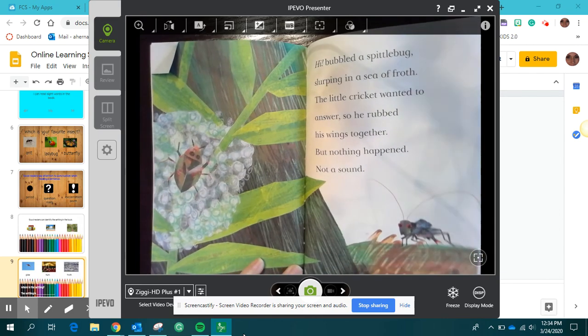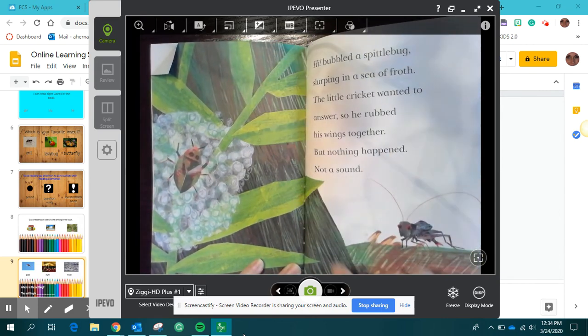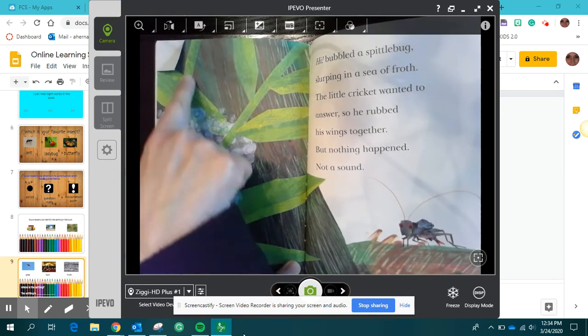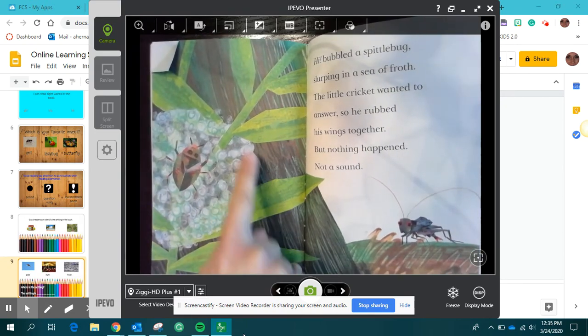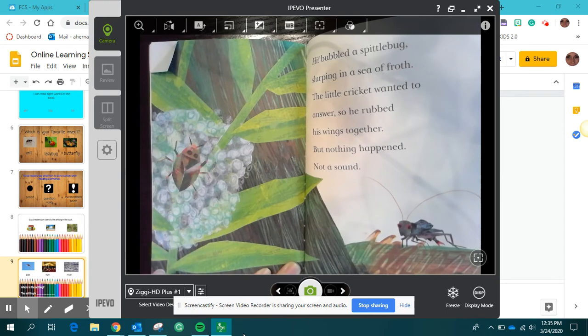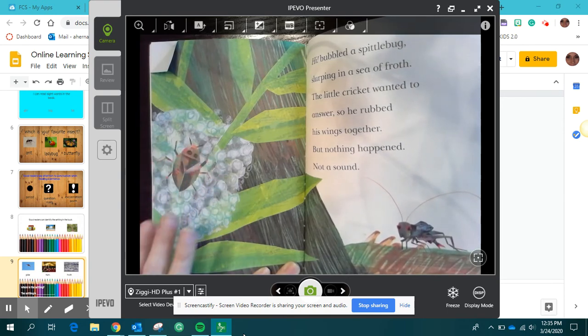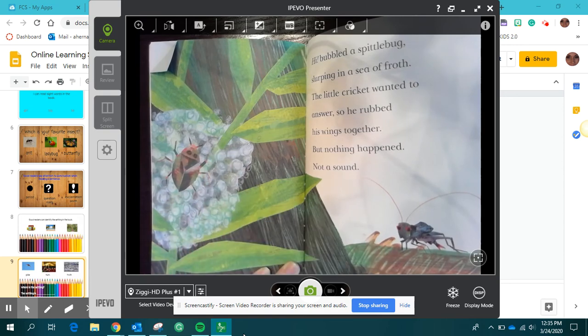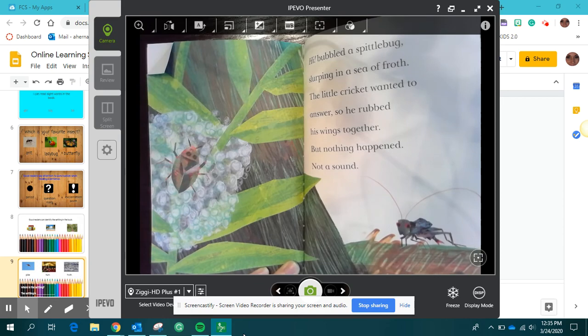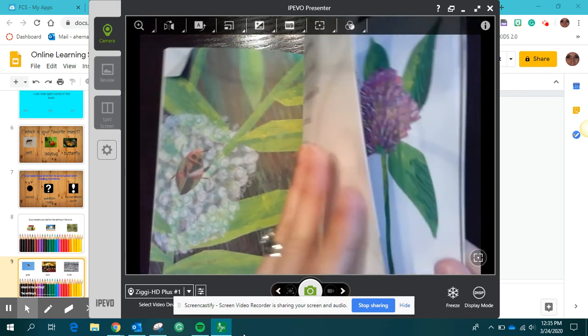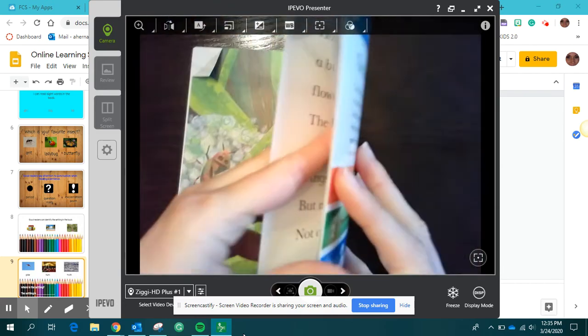Well, right here I see it looks like a stem back here. And this is another stem to a plant. And here are some leaves coming out on the side. So I see the spittlebug slurping in a sea of froth. So I would say the setting is on a leaf on this page. Do you agree? Awesome. All right, now I want you guys to practice